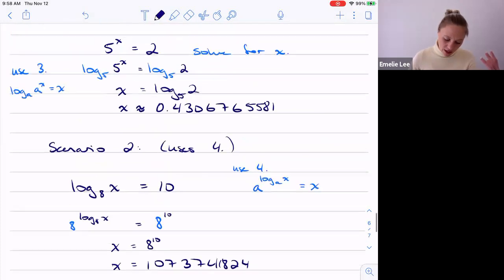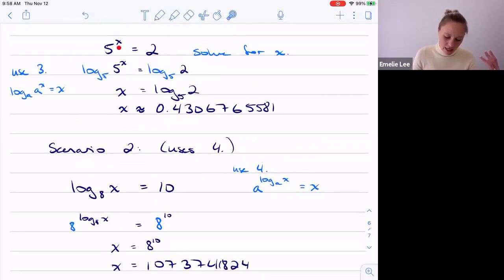Depending on if you've got an x in the power, then you need to take a log to bring it down. Or if you've got an x in the log, then you need to take the power to bring the x down or isolate the x. Okay,